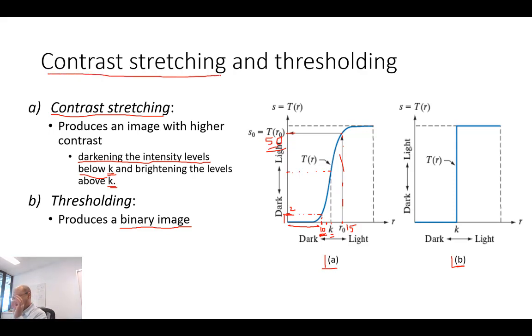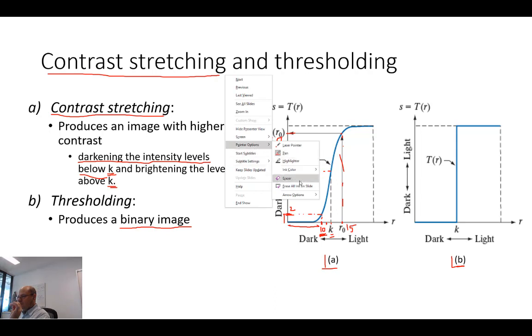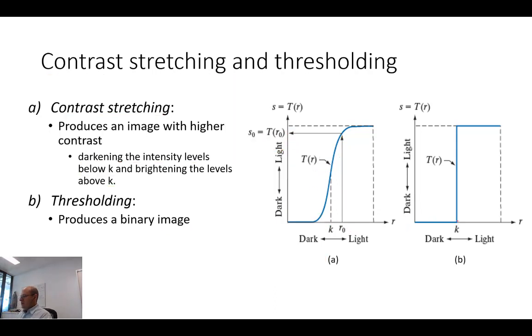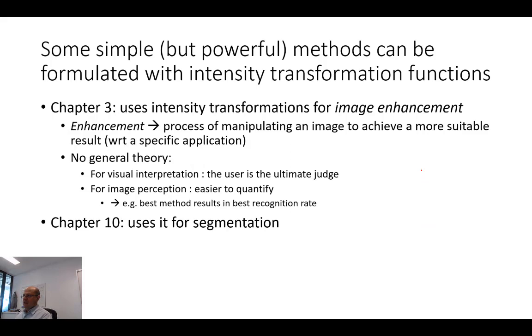This is applied on each pixel of the image, so that's a single pixel operation. Whereas binarization: each pixel value on the original image that's below a certain threshold, say K, is going to be mapped to 0, so they are going to be black, pitch black. Pixels with intensity values above K are going to be mapped to white, to very bright pixels. What we get in the end,